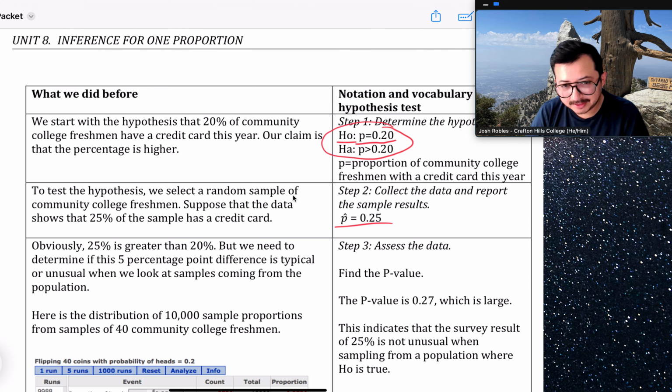You probably didn't say anything out loud, but in your head, did you say yes? If you did, you have to be very careful. The whole purpose of this course now is to say, well, we should say, I don't know. I have to determine if 25% is far enough away from 20% for this sample size and this context to